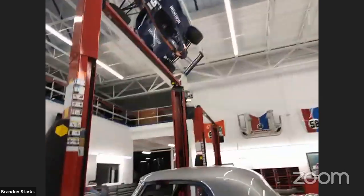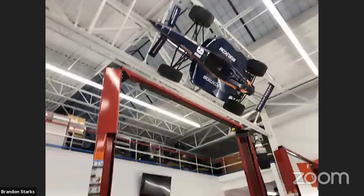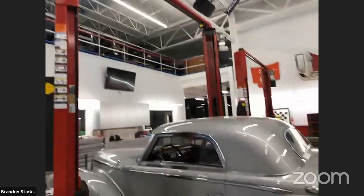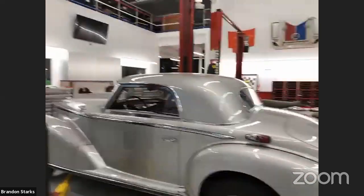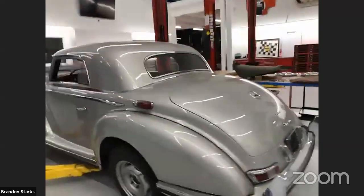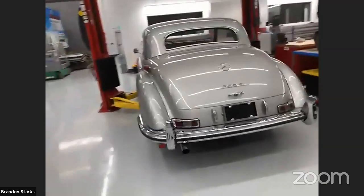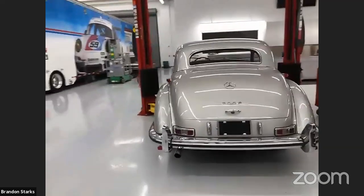It's a kart series car. Got it. Okay, great. Cosworth, yeah. Okay. And what are we looking at here? The silver car? The silver car is a Mercedes-Benz 300S. Oh, that's the 300S. Okay, from the other angle. Got it. Yeah, so